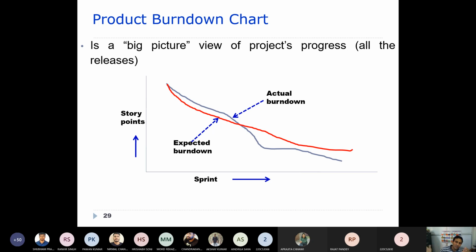But actually that will not happen, right? Because during execution of those sprints, several new features will be added, a few will be removed, a few will be updated or enhanced. As a result, the story points will be increasing and decreasing like this, but ultimately it will be decreasing. So by the end, all of these sprints are executed, and all of these story points are actually developed. Do you understand?